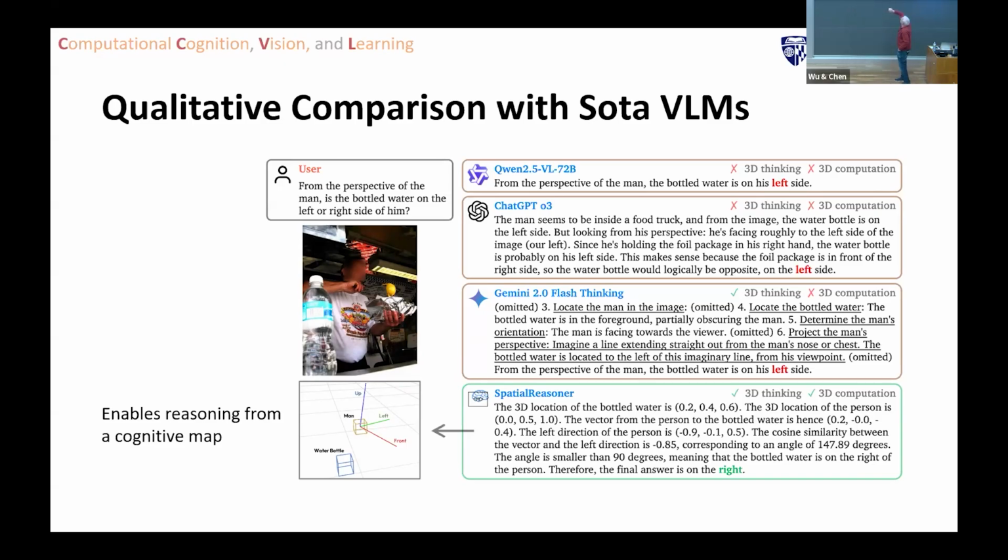Then you go down to Gemini, and Gemini is more explicit about the process that it does: locate the man in the image, locate the bottle of water. Everything is right. The process is completely right. The answers are wrong. At a certain stage, they start making mistakes because they answer one of the visual questions wrongly. And our method, which takes this model and fine-tunes it by putting in more 3D data, again from the 3D benchmark data set,